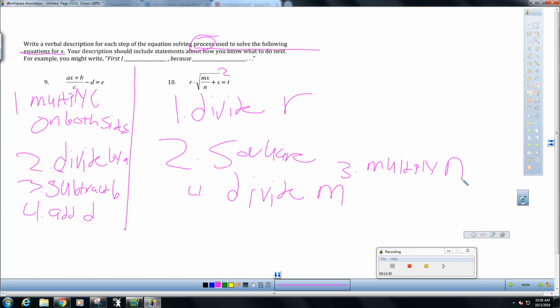and then we have x plus s, and we need to get rid of the s, so the fifth step is to subtract s. Okay, then you'll be able to get your answer,